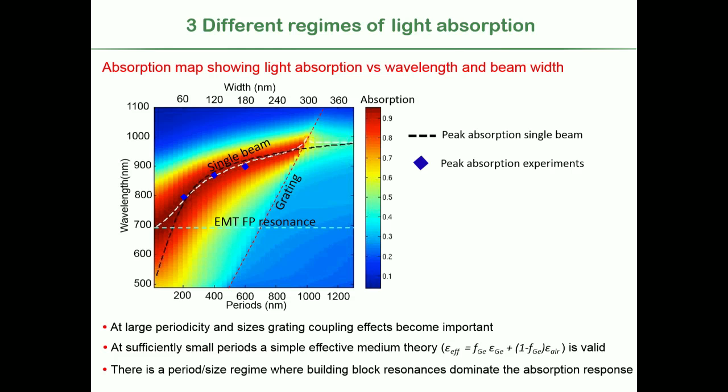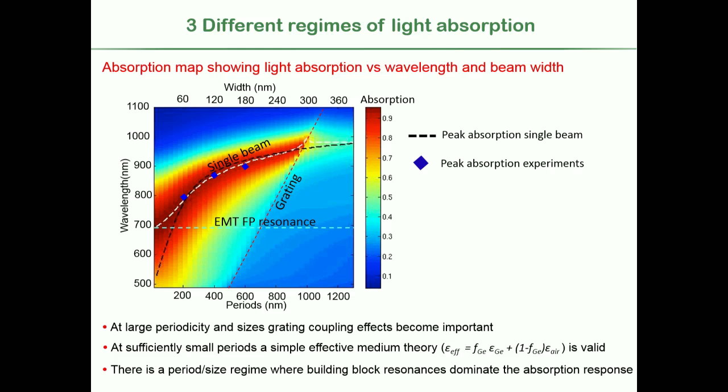So that means that I can associate for every width a period. If we now, on this somewhat complex plot, identify where an individual resonator would have the strongest absorption, that's this dashed black line over here. And you can see that as I follow this dashed line, as soon as I place these